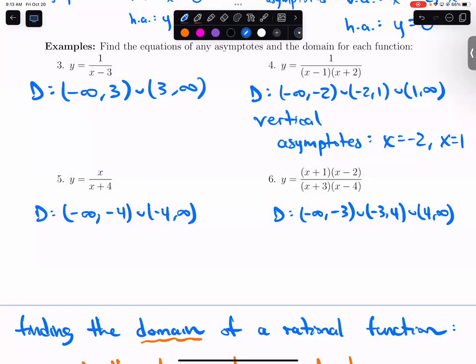A really big number, right? The closer you get to this, the bigger that value is going to get when you take its reciprocal or when you divide by it, right? That's why,